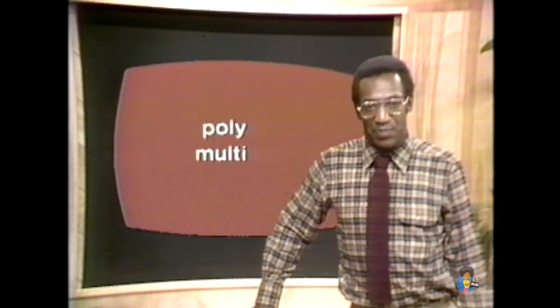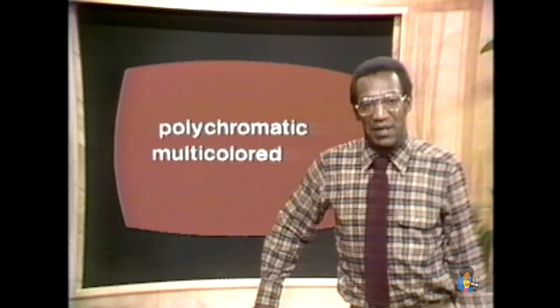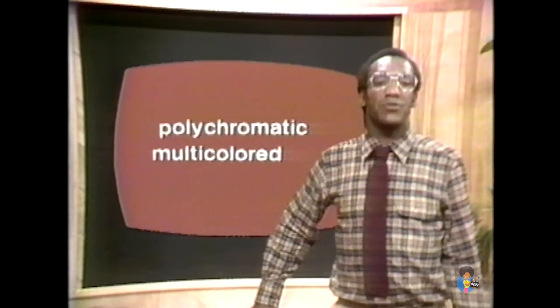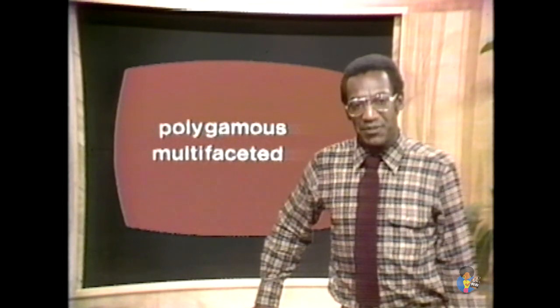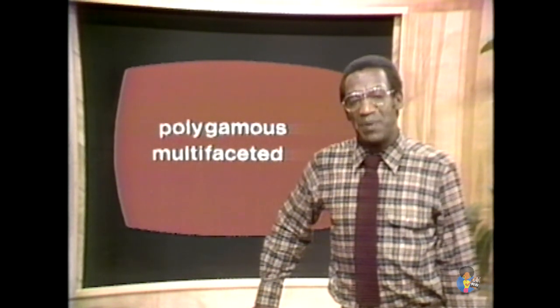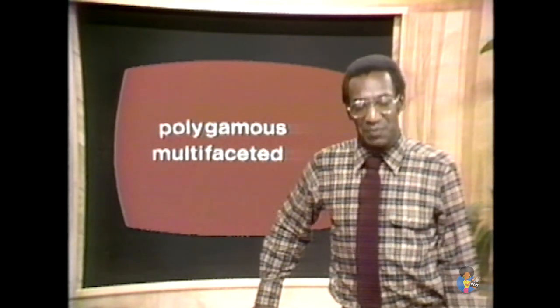Poly and multi, for example, they're Greek and Latin prefixes for many. So, polychromatic and multicolored mean the same thing, having many colors. Chromos is Greek for color. Polygamous means having many spouses, particularly wives, and to be polygamous successfully, a husband should be multifaceted, which means possessing